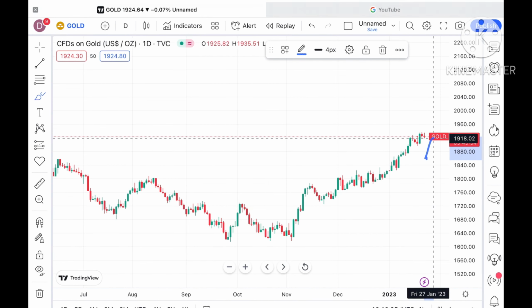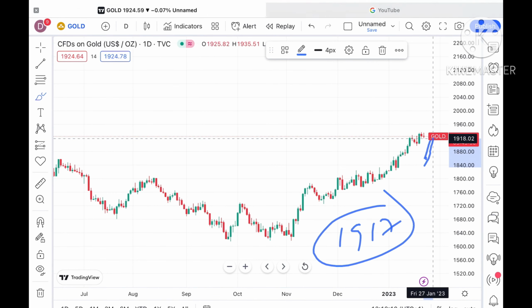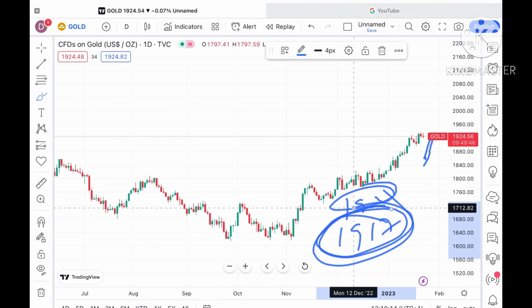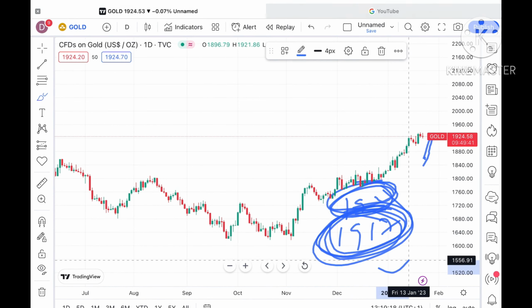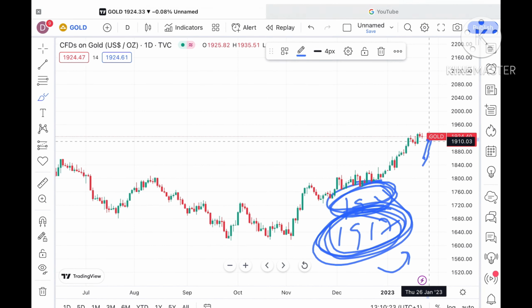If this level goes further down, then the next support is coming at around 1917 only, as you can see. But a level at around 1920 to a level of 1970. Once it crosses 1920, we can see a level of 1970, and from there a bounce back can come. But if the price moves below 1970, then chances are very high